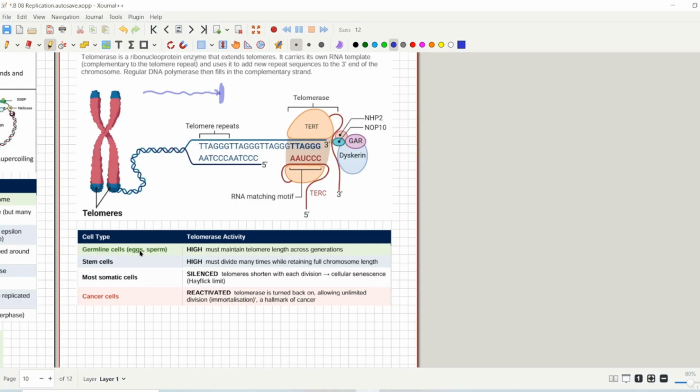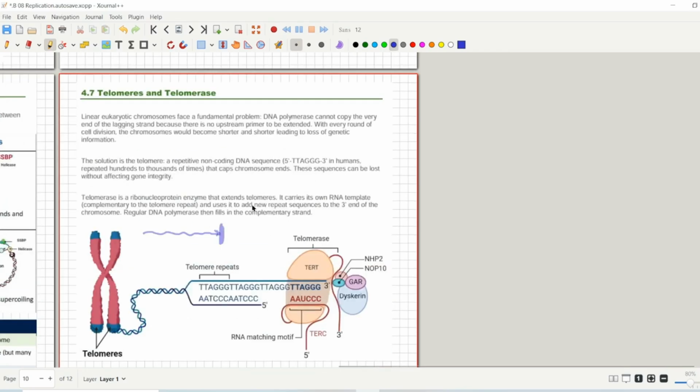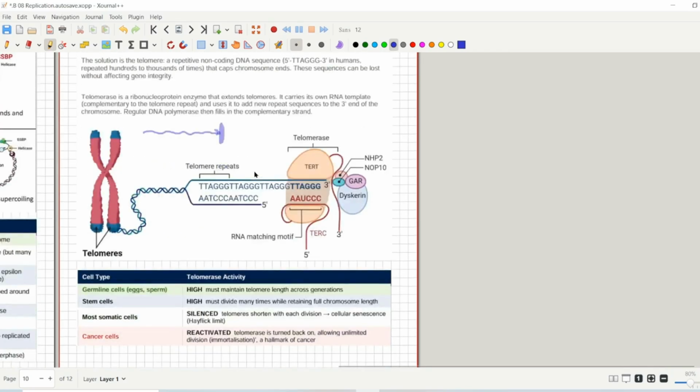While in cancer cells the telomerase enzyme is actually completely destroyed, and telomerase does not happen during cancer, right? So cancer cells are already problematic cells, and they also affect the telomerase enzyme activity. If you think this is too much, you can skip this topic about telomeres and telomerase, but I added it because I thought it was necessary to complete the replication process. It is not present in many IMAT books, but we still added it because I thought it was necessary,